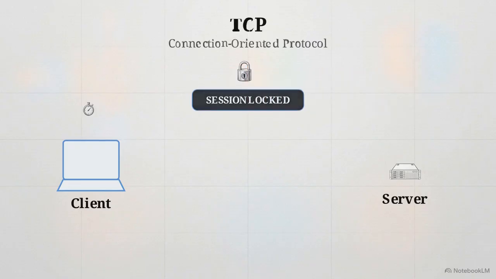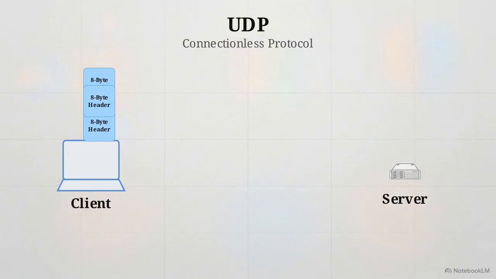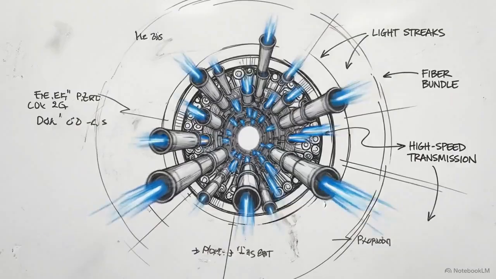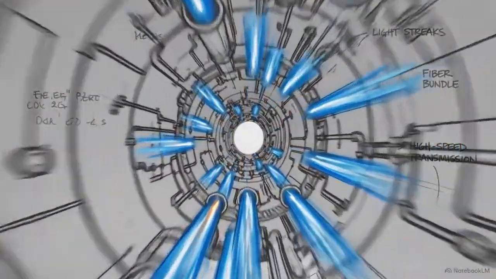The alternative is the User Datagram Protocol, or UDP. It is a connectionless protocol built to eliminate overhead and maximize latency reduction. There is no handshake and no session setup. UDP drops sequence tracking and flow control entirely. Its header is fixed at a minimal 8 bytes, pushing raw data across the network as fast as the physical